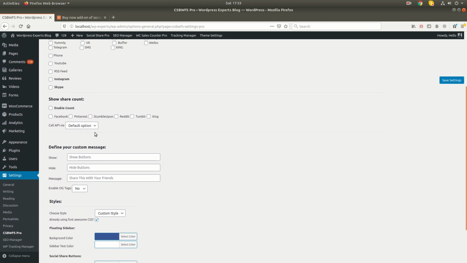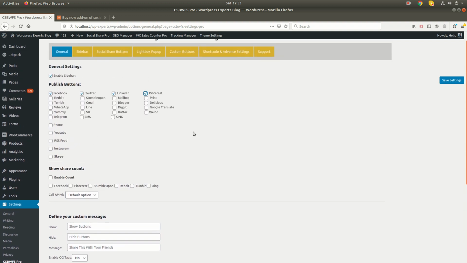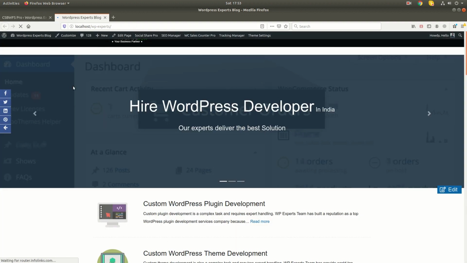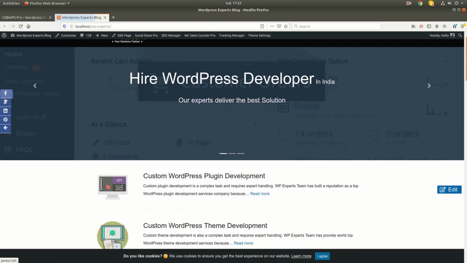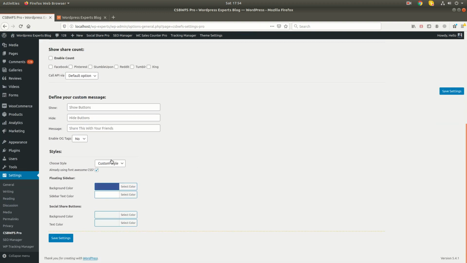Let me first explain the general features of the add-on. It's the same as in your free version, which I have already explained. You can see there are stylish buttons. It's because we have selected the custom style.